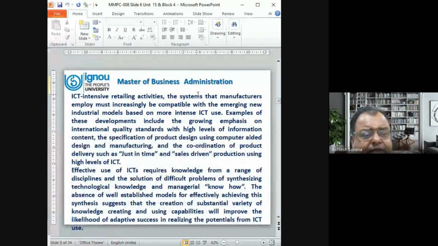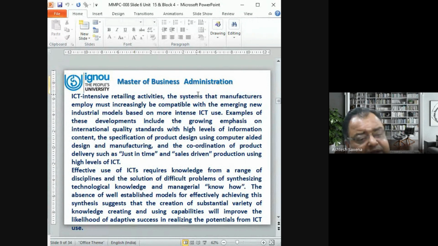the systems that manufacturers employ must increasingly be compatible with the emerging new industrial models based on more extensive ICT use. Examples include the growing emphasis on international quality standards, that is IQS, with high level of information content, the specification of product design using computer aided design, what we call CAD, and manufacturing, CAM, and the coordination of product delivery such that just in time, that is JIT, and sales driven production using high level of